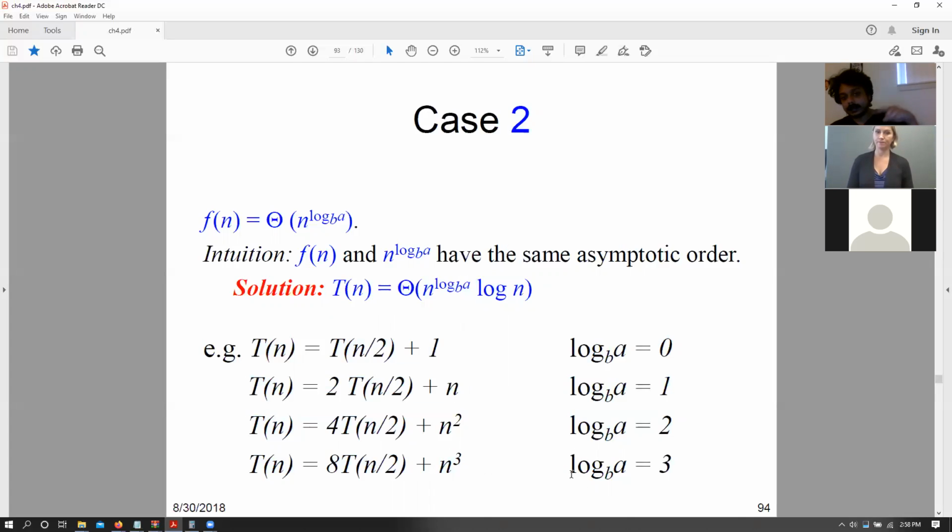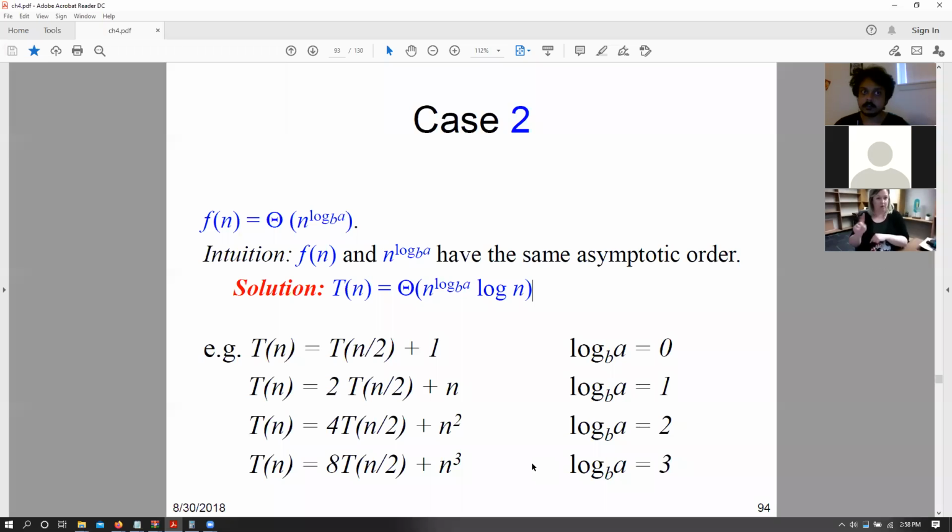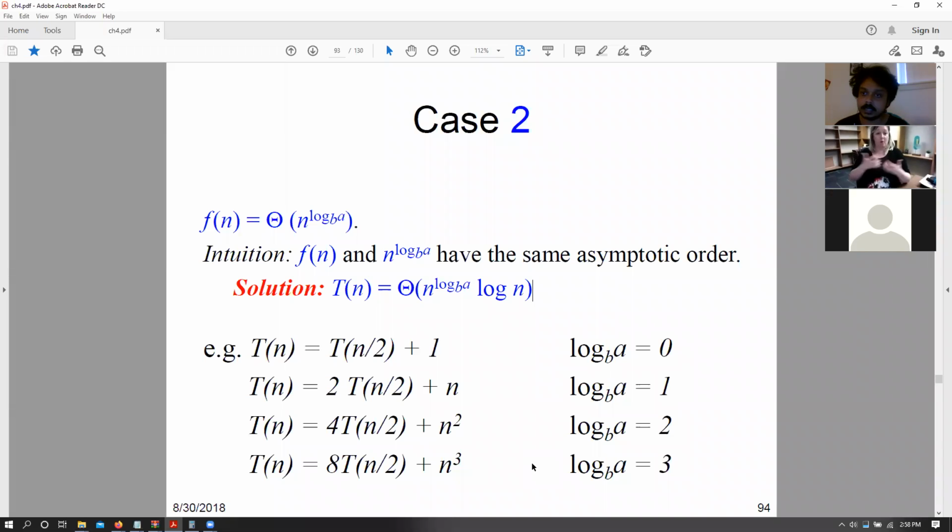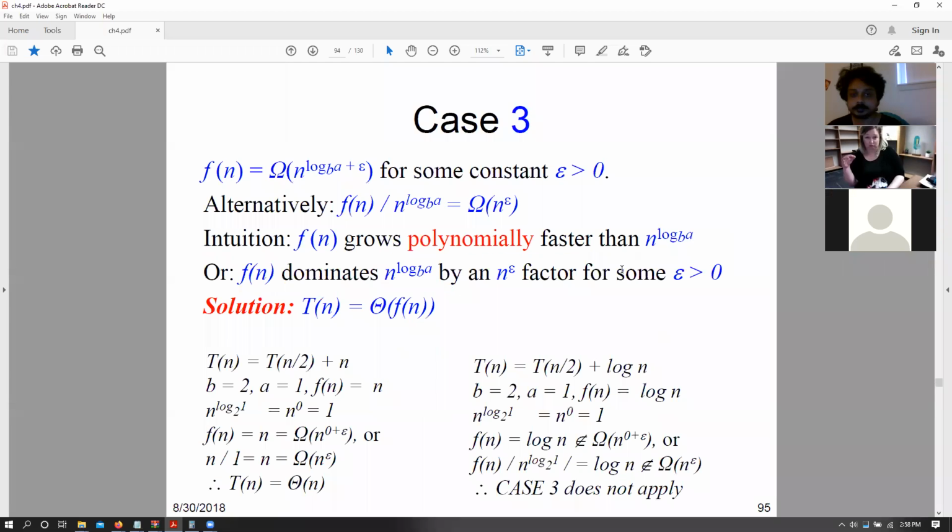There is an extended case for case 2, but we will come to that in a second. You will notice that for all our merging functions, we are only specifically looking into cases where we have a polynomial function of n. We will look into a case where we do not have a polynomial function of n and how to deal with this as well. Okay. Now finally, we have case 3.